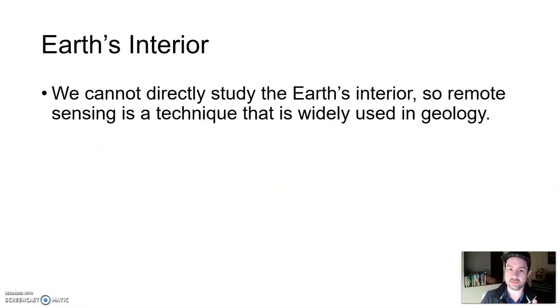We cannot directly study the Earth's interior. I don't care what you saw in a movie. We can't go to the middle of the Earth. Hell, we can't even get through the crust to the mantle with any type of machinery that we have. Drilling, vehicles, whatever. We can't do that. It gets too hot. So we had to use remote sensing, which is a technique widely used in geology and